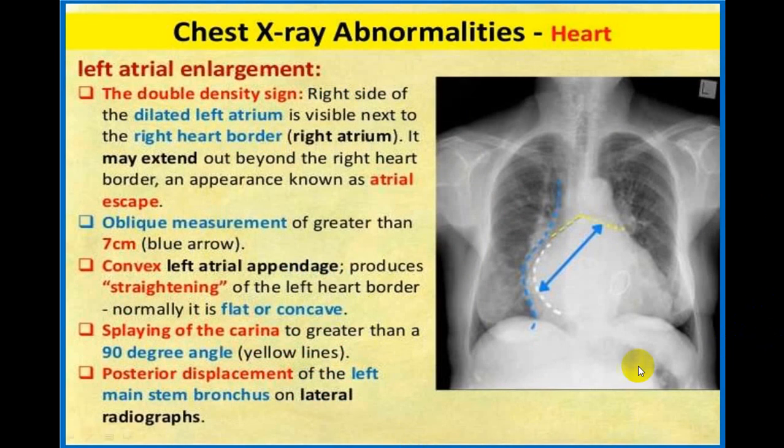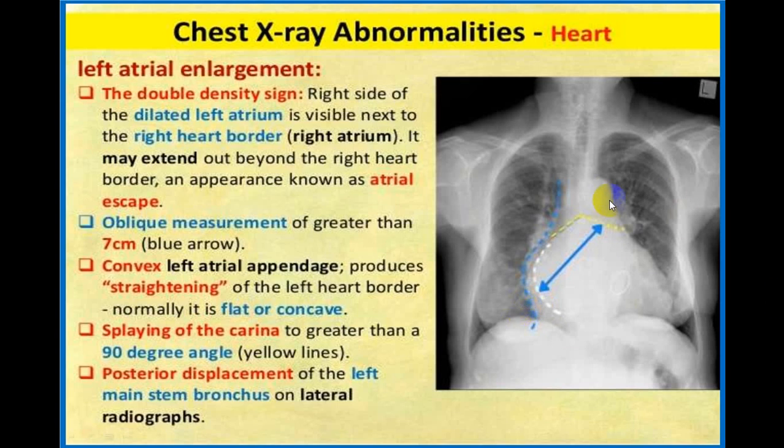Now if you look in this X-ray, on this right side border, I see one more additional border here. This is because of the LA. This is called double atrial shadow. So whenever you see a double atrial shadow, I'll show you in another X-ray later on, it is straightforward in favor of what we call left atrial enlargement, LA. And if I want to identify that much better, I will have to take a lateral view.